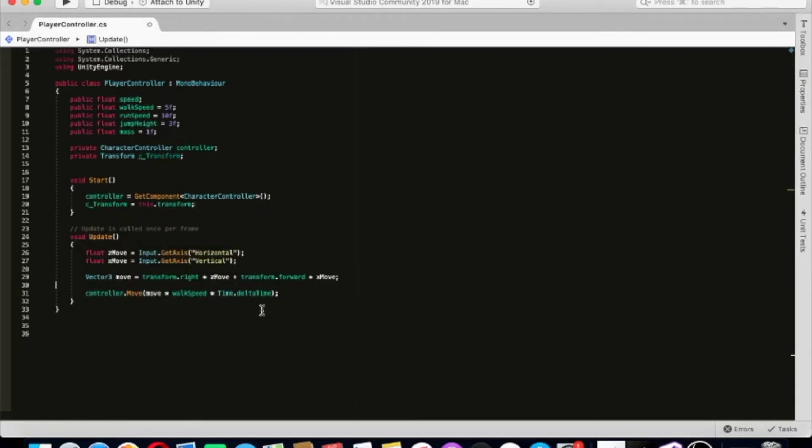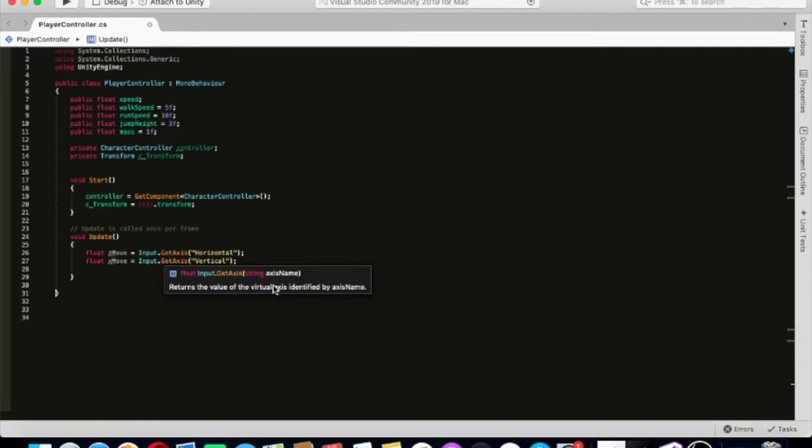Okay, now as you can see, we are moving by this. We are going to delete it and change it. Just a second, I have missed a curly bracket. Here we go. Now everything should be okay. Yes. And one more thing I missed last video: horizontal is the x-axis, not z, and vertical is z. I'm sorry about that. I forgot because it was late at night, so I